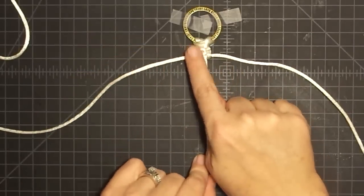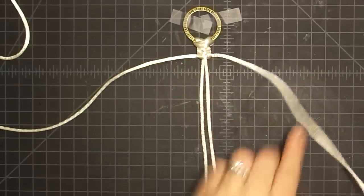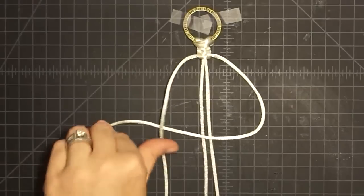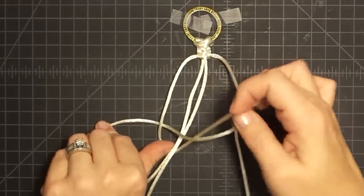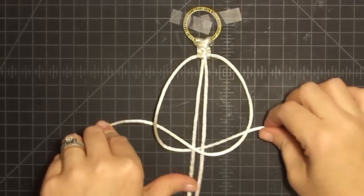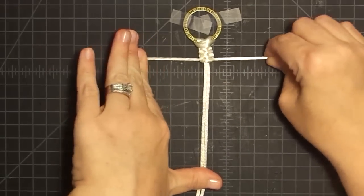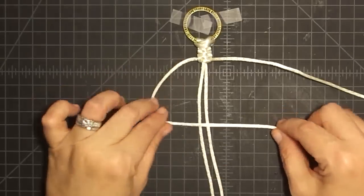Now, because I have no knot here, but I have a knot there, I want to go to this side first. Correct me if I say something wrong. That's right. Okay, and then over, under, up. Did I get it right? Mm-hmm. And keep that smooth and snug at the bottom. Okay, then we do it again. Opposite side, over,